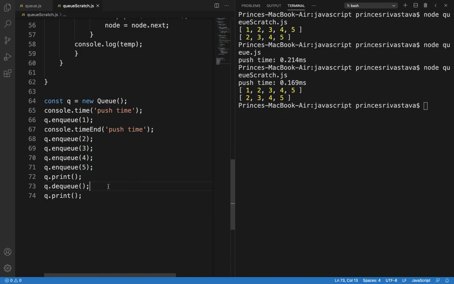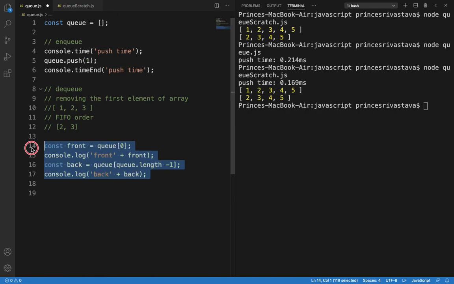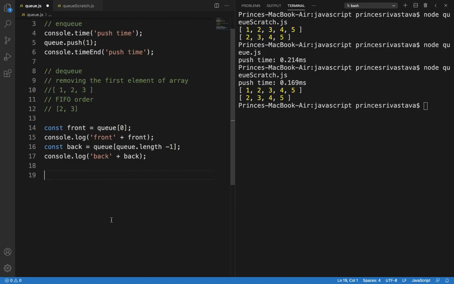I think this will be faster again, because in our original approach using arrays, we are using the shift method. So this will be faster again.